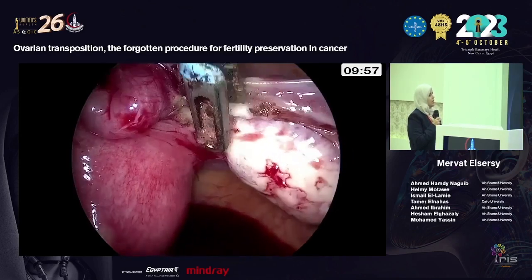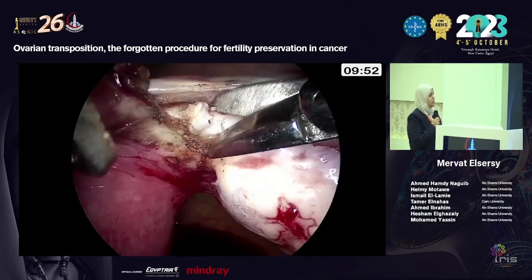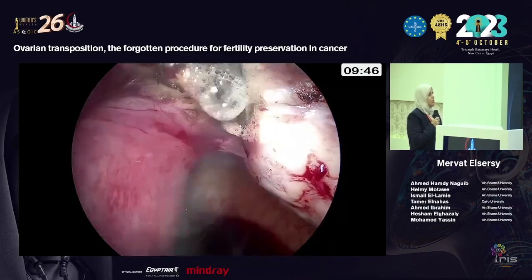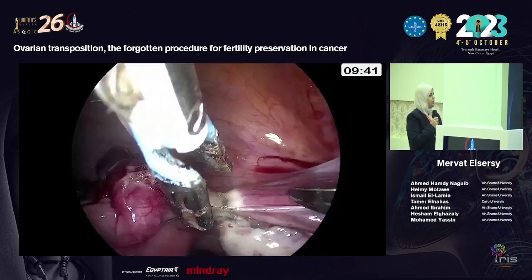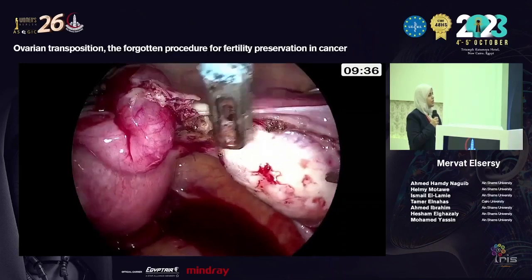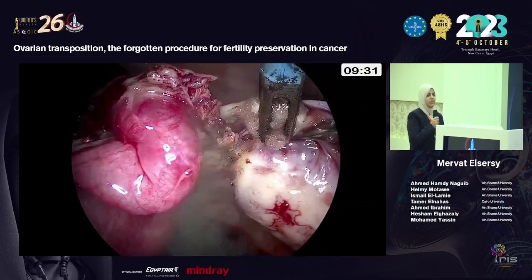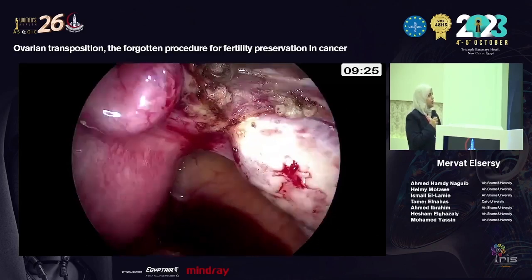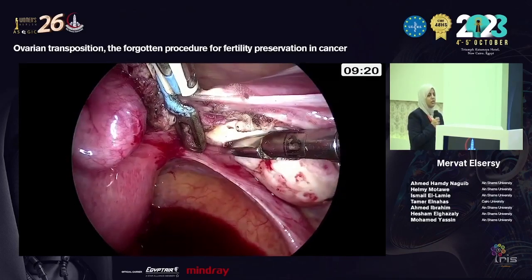And this is the right side. We did separation of the fallopian tube from the mesosalpinx without salpingectomy, and then cauterization and isolation of the utero-ovarian attachment with preservation of the infundibulopelvic ligament. The one doing this procedure on the right side is the MD candidate, who is an assistant lecturer in our department. So it doesn't need a skillful surgeon or a consultant